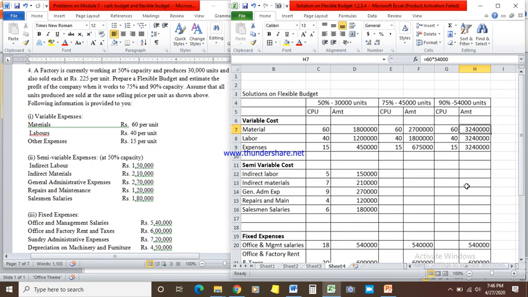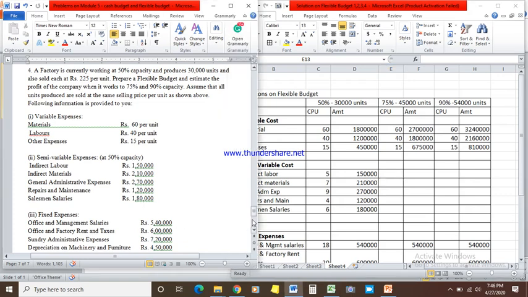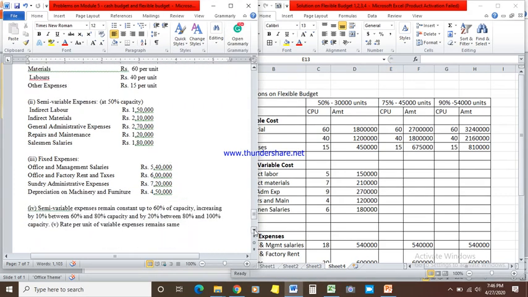Sorry, here there is a formula: 60 into 54,000. Okay, next 40 into 54, 15 into 54. Now when it comes to semi-variable cost, what they have said in the adjustment,